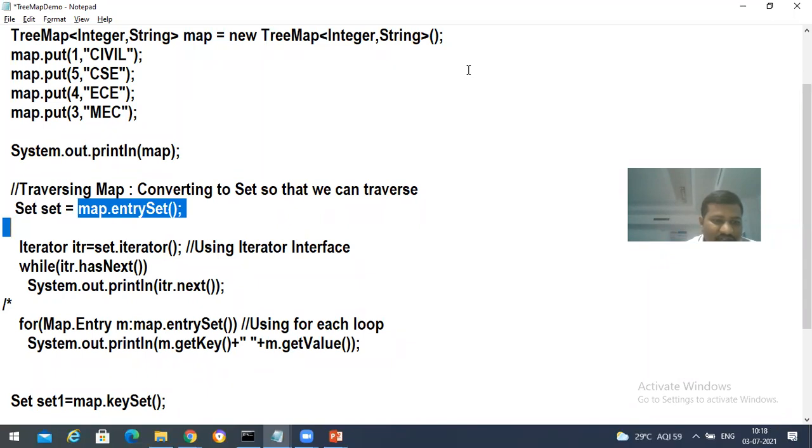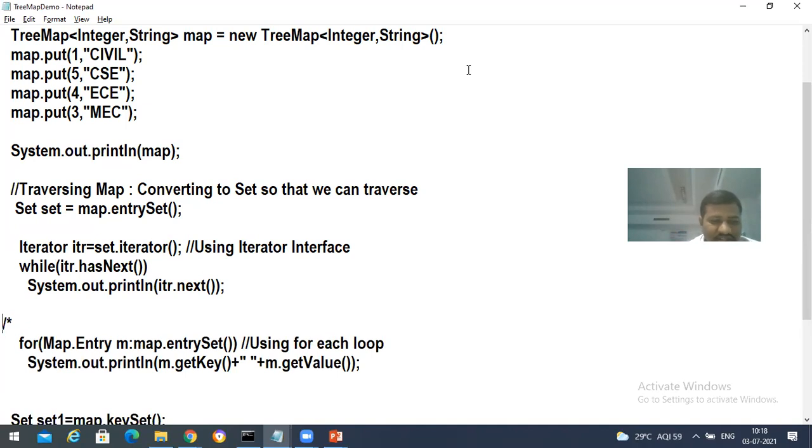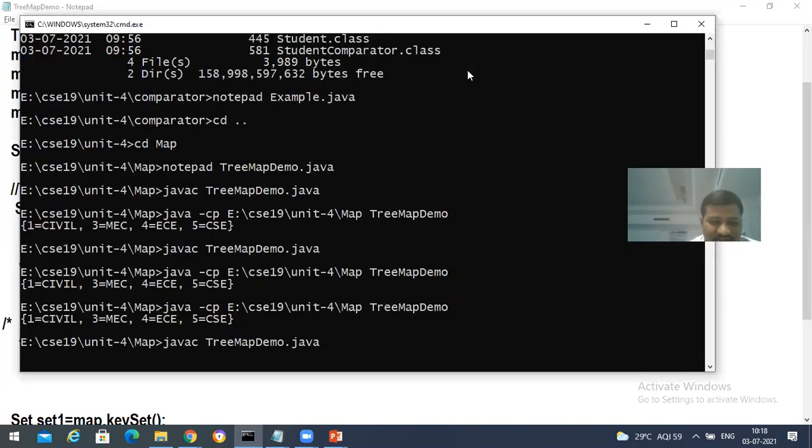With the help of this map.entrySet method, I'm going to get a Set object, and this Set class has the iterator method, and with the help of that, I'm creating an iterator object. After getting the iterator object, you already know hasNext and next. With the help of these two functions, we continuously get the elements. Now let's save this and run it.